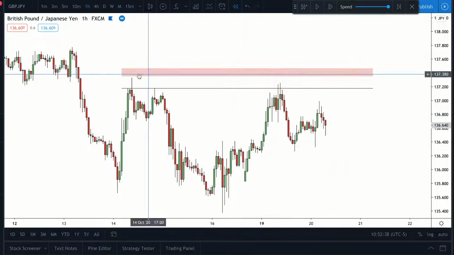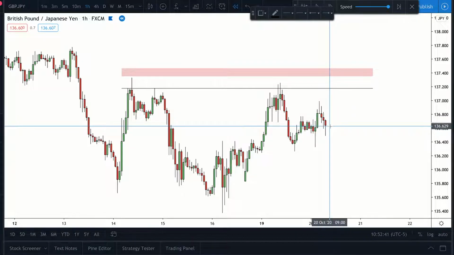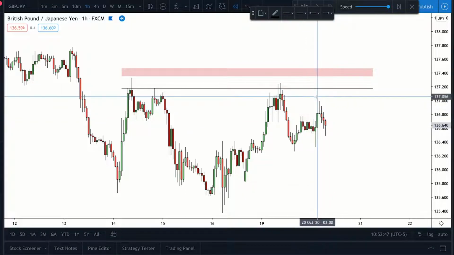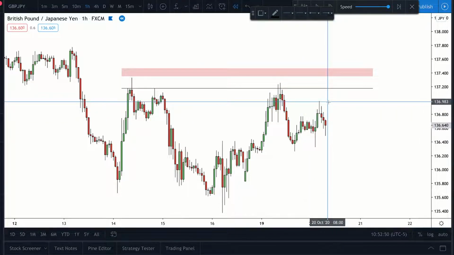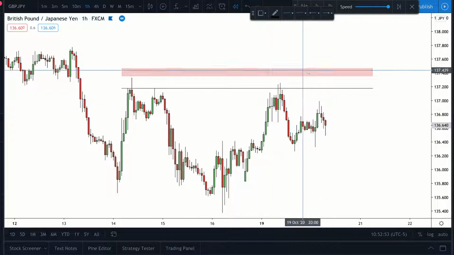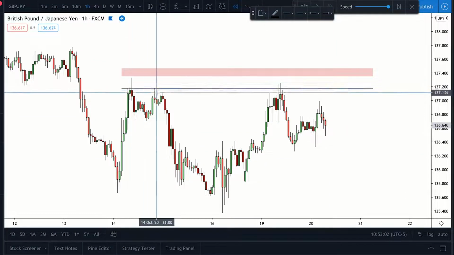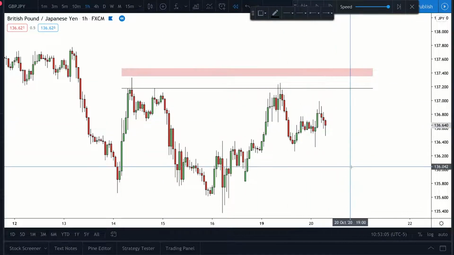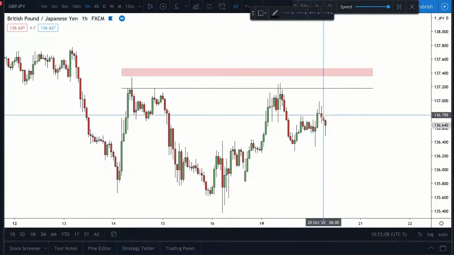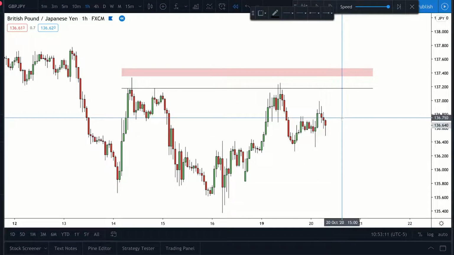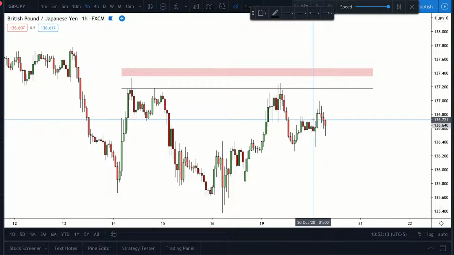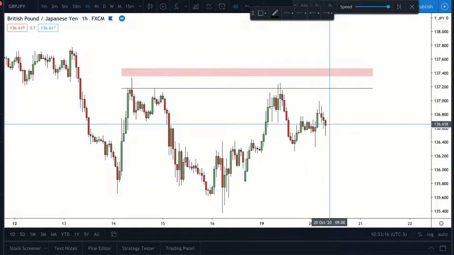So if these dudes, the hedge funds, etc., want to get $1 billion worth of GBP JPY sold, they don't have anyone actively available right here to sell or exchange that $1 billion worth of GBP JPY with them. What these guys need is to then go and fish for the liquidity, which means they have to find orders in the market. So we've got sellers, and a hedge fund who is looking to sell. So let's say we are them. Now, we can't actually get all of our order in here. The market will not allow it. There is just not enough volume on the other side of our trade to get us in. So what we actually have to then do is fish for the liquidity, which means activating other orders.